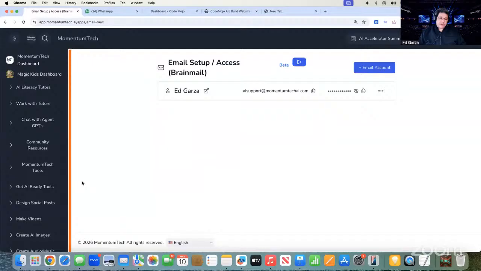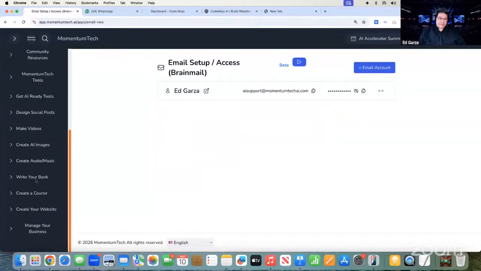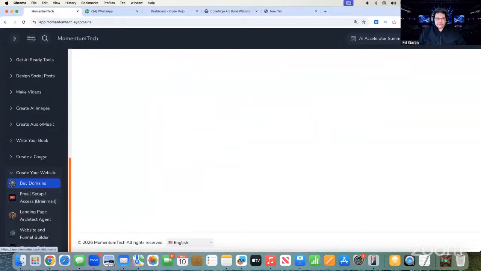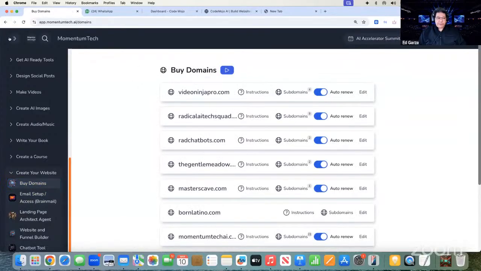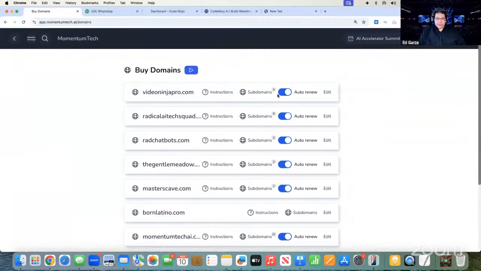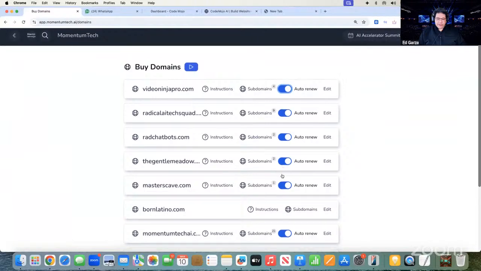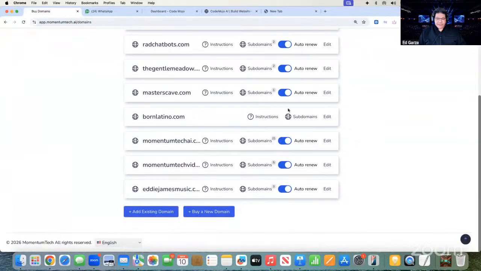So let me just show you how relevant this is, okay? If you go to your manager website and you have domains, so I have domains here. How do you know if you bought a domain in the platform? You're going to see the auto renew right here turned on. See that? The blue? You turn them on and off. That's for auto renew annually. Then you also have ones that don't have it, like this one here, bornlatino.com. That's because I purchased that on GoDaddy years ago, and I brought it in here so that I could maybe build a site for it one day, or I could set up an email. I can't remember why, but I brought it in here.